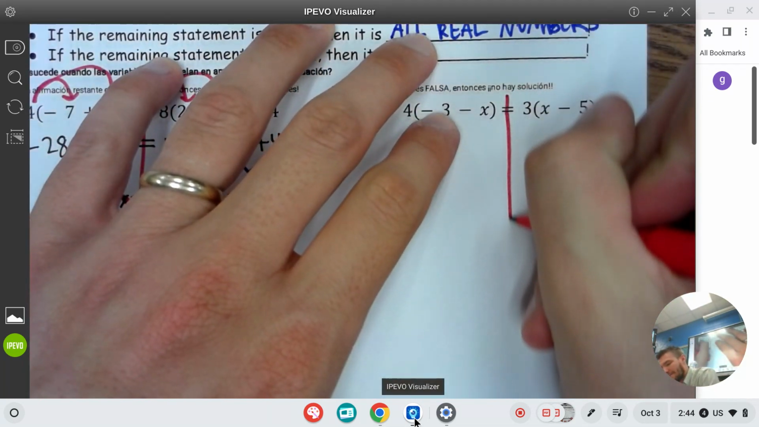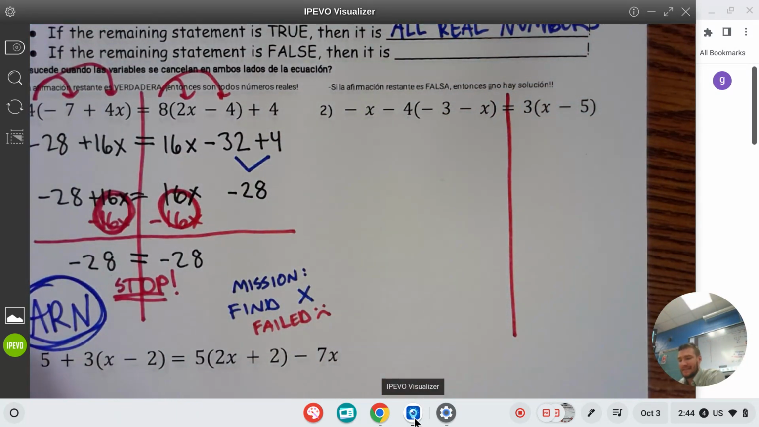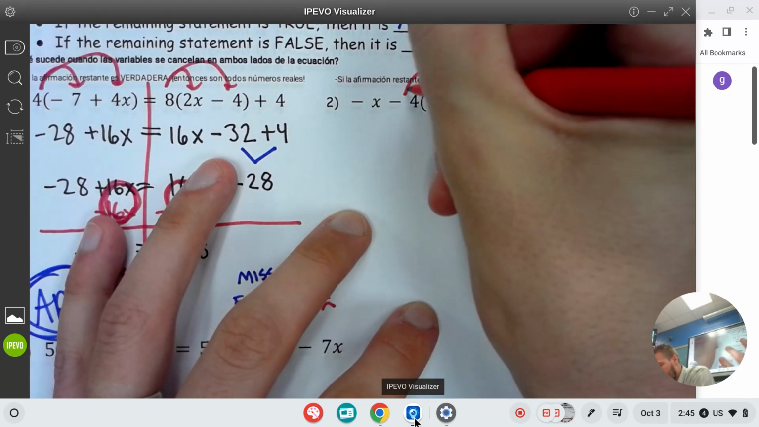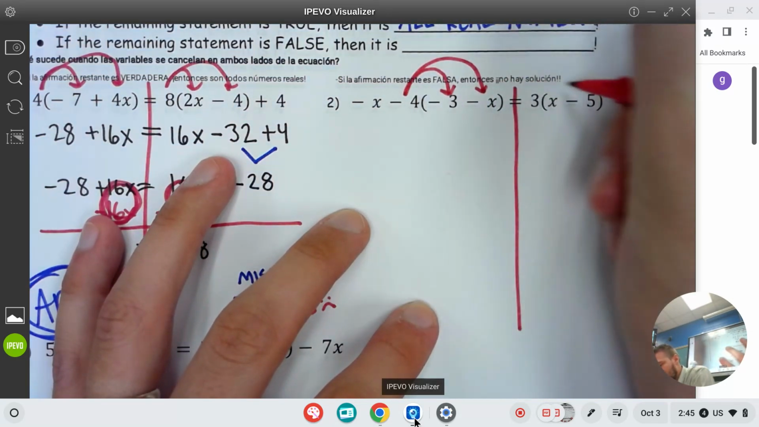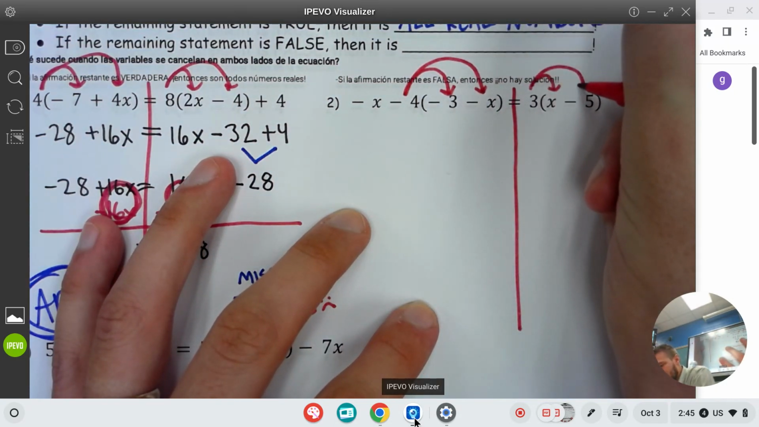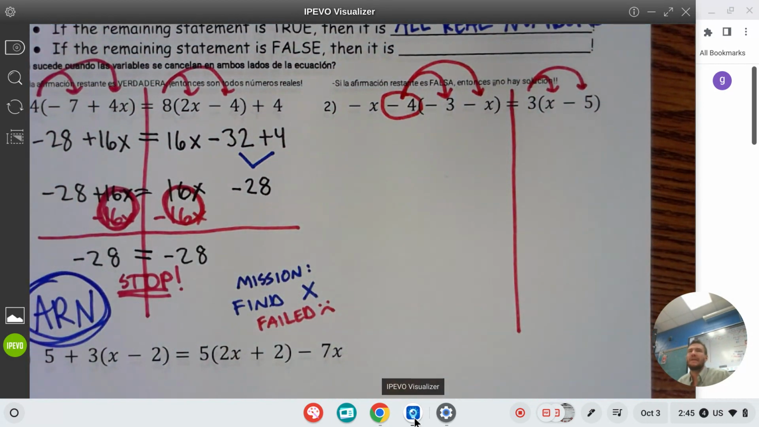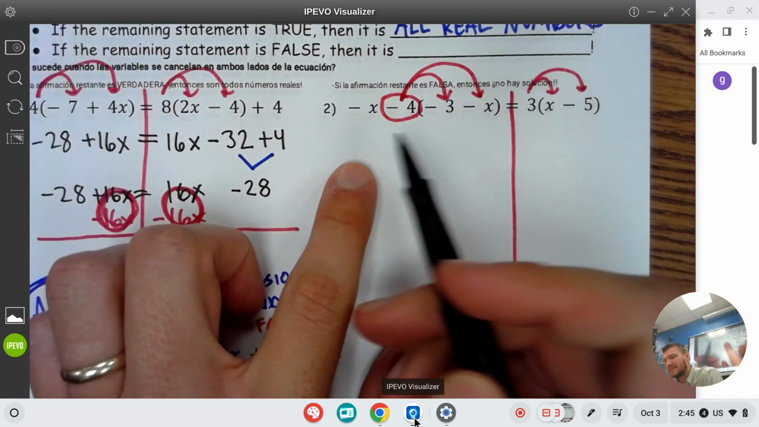Okay? Let's see the second question. You know, I got an idea that this one might be false. You know what I'm saying? We might see both of them right here. So, I'm going to do some distributing again. So, now that we have distributed,